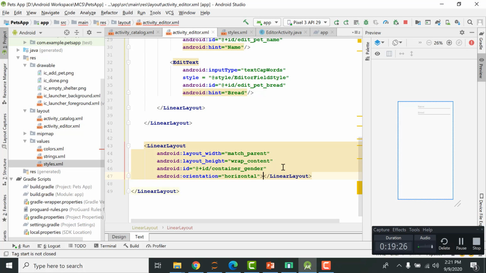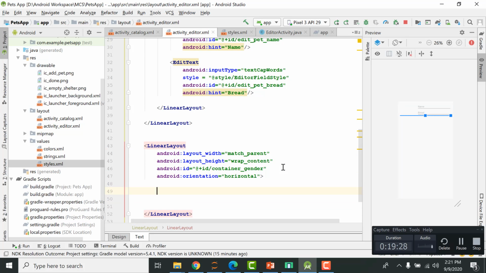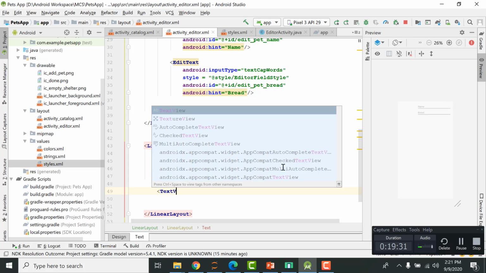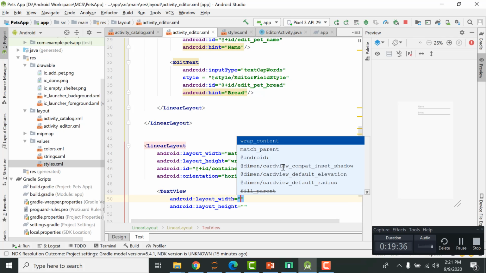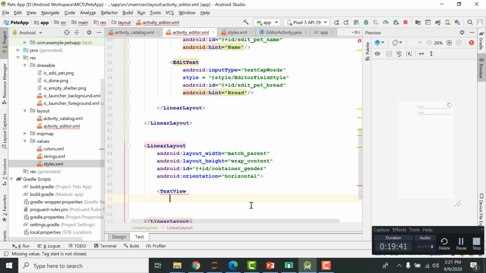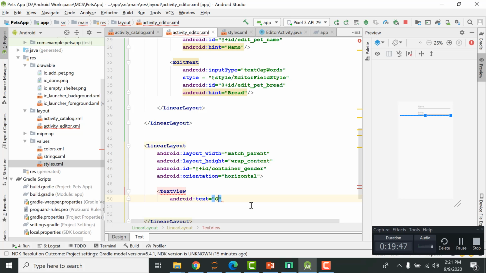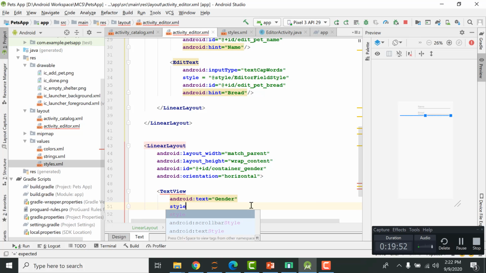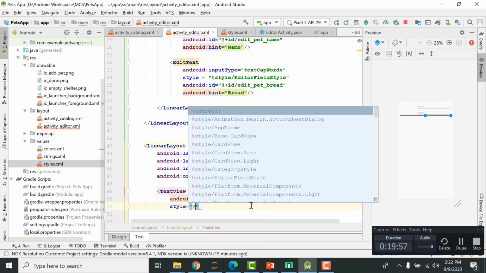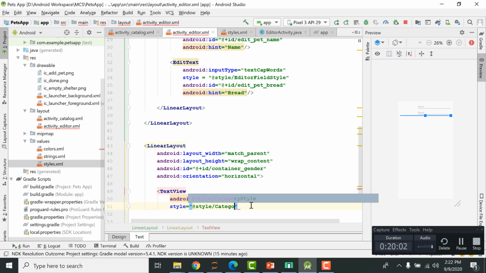So with that, let me add a text view. We are also running out of time. So let me remove these default attributes because I do not want them. The first is text, which is in fact the gender, and then we have style